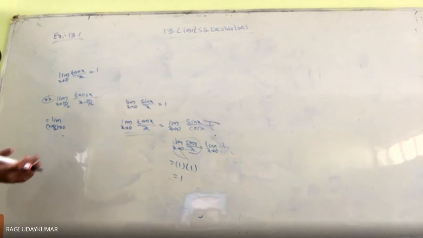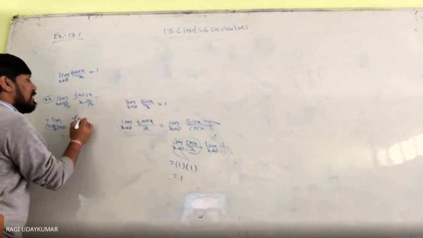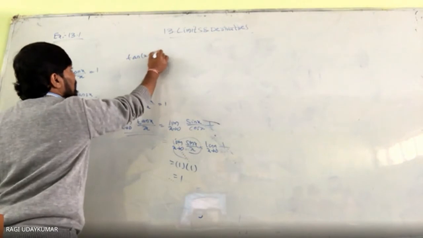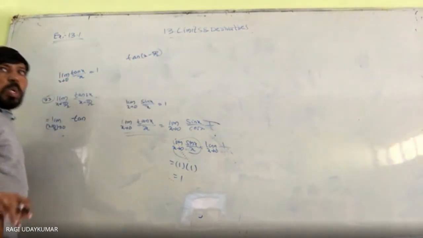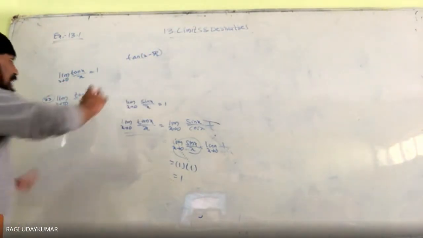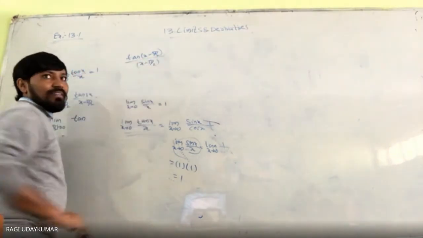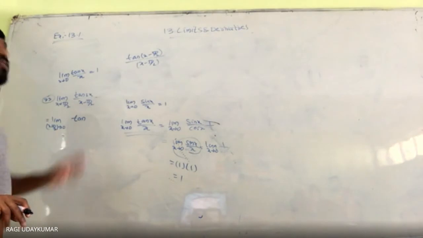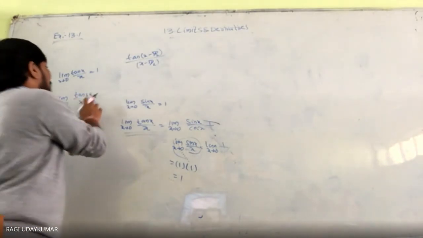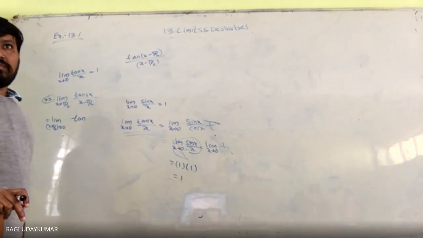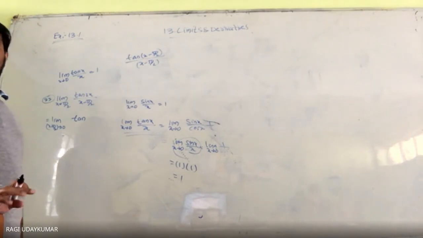In the same way, but instead of considering it as another variable, directly I am writing here. So what you can write here? You need to have the tan in the numerator of x minus pi by 2. Actually, you need to have this one. If you are having this one, it is equal to 1. But we are not having tan x minus pi by 2 in the numerator. Tan x minus pi by 2 is not there.